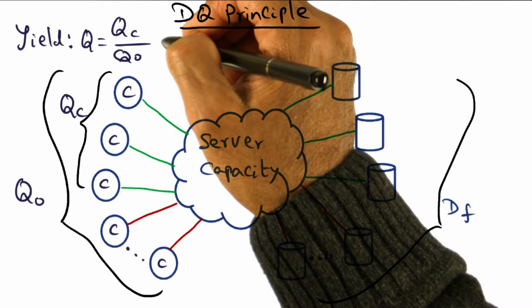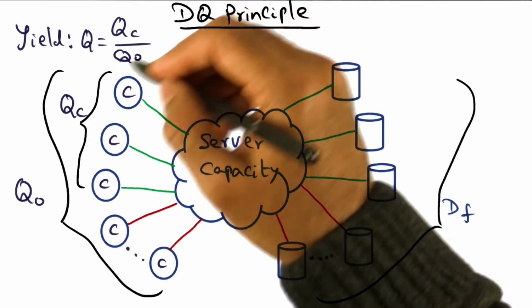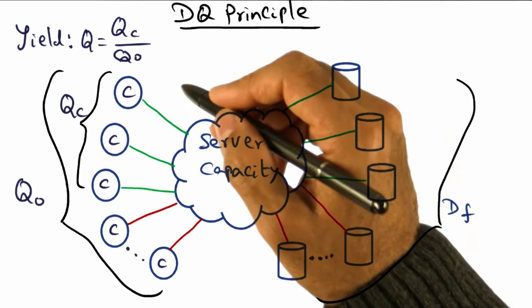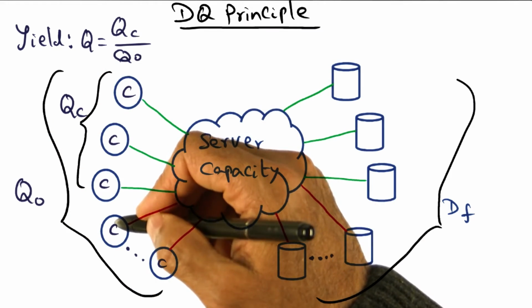So Q is going to be a fraction between 0 and 1. Ideally, you want it to be 1 so that all the client requests are serviced. But if the server is not able to deal with the offered load entirely, then the yield is going to